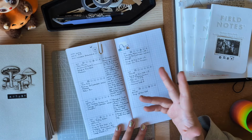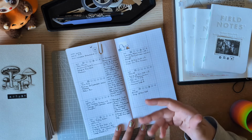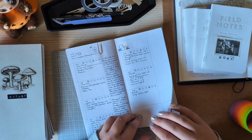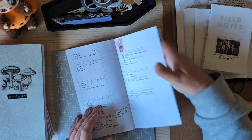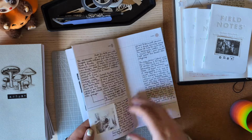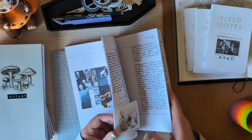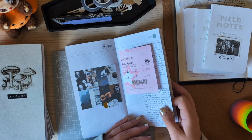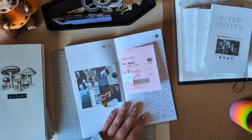Because this was very much a secondary book, I wasn't looking at it all the time, so I didn't feel that same drive to decorate so much. So yeah, that's what I use the weekly spreads for in this month. And then we get on to the commonplace bit, but actually I'm looking at this and it's just media tracking. So I think I must have just used this as a media book in July,